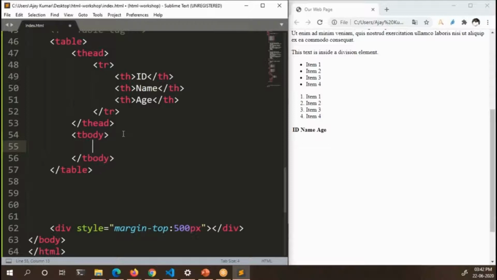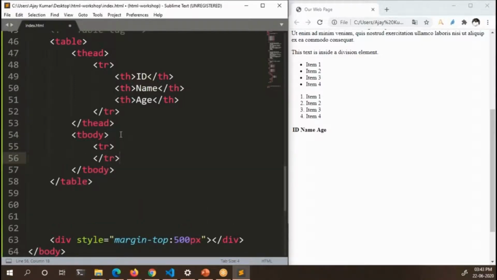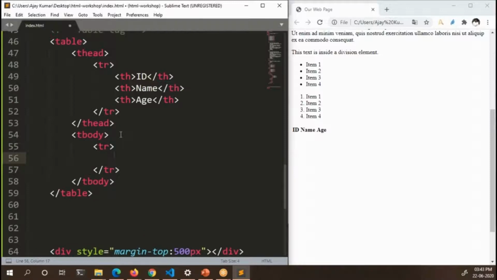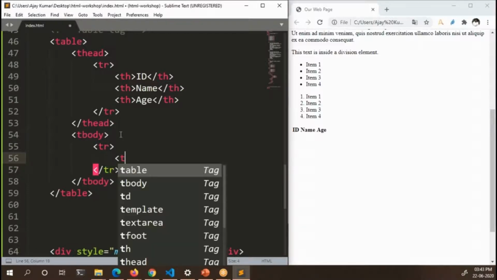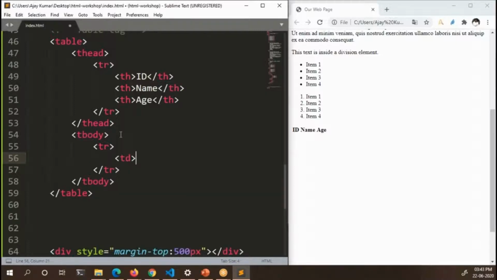Now we'll try to add some more data rows. So we have to add a row. Inside the row, there are three columns, right? So now we need to create a row with three values. Now instead of th, we'll be using td, which stands for table data.